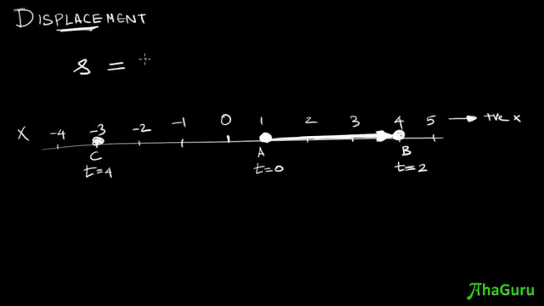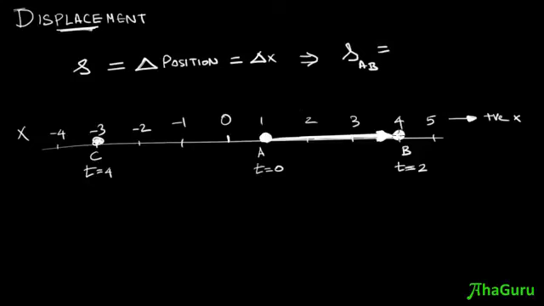The letter delta is actually used for change. Instead of writing change, change, we just use this letter delta, delta position. And position is x, so therefore it is a change in x. Delta x, you read it as change in x. Now what is the change in x if it moves from A to B is what we need to find. So suppose I say S A to B, the displacement from A to B is actually change in position,